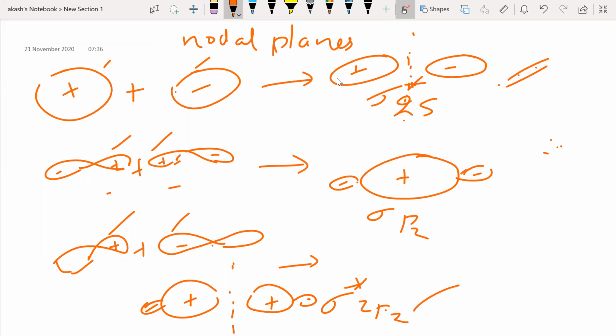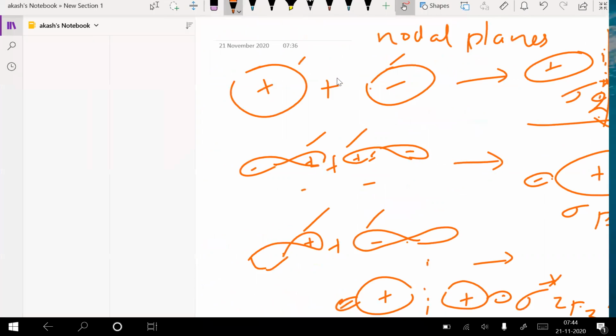And the nodal plane will be perpendicular to the internuclear axis. This is the internuclear axis. So where do you see the nodal plane? The nodal plane is perpendicular to this. So always when you have a sigma anti-bonding orbital, you will always have a nodal plane which is perpendicular to the internuclear axis. Is it cool? So you saw sigma 1s, which means sigma s and sigma star s. You saw sigma pz and sigma star pz. The only thing that is remaining is pi and pi star. So let us go into this.